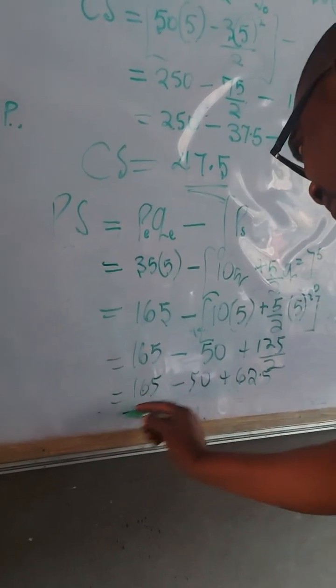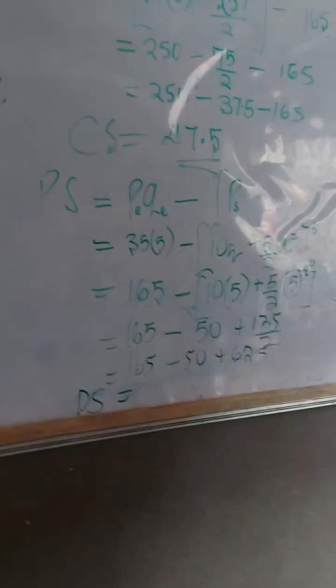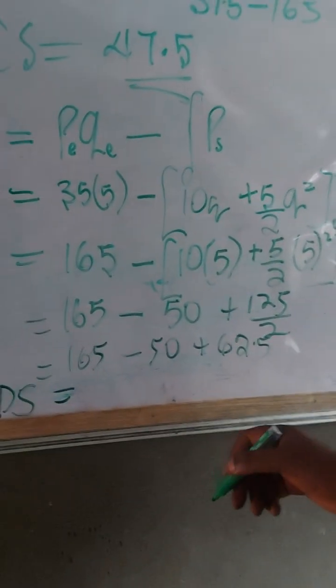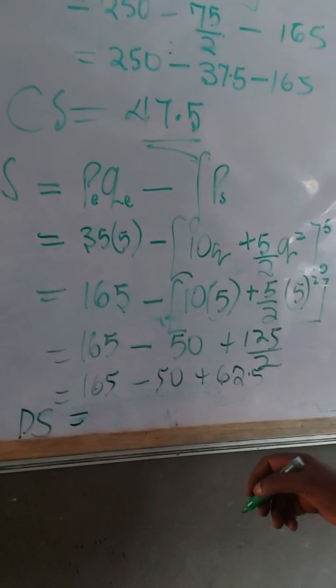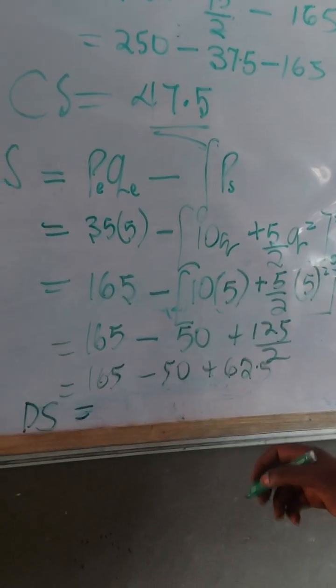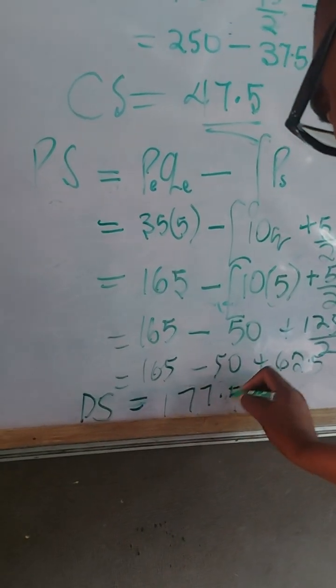Give me the final answer. So our producer surplus is, what do you have? Is what? 187.5. So that is the producer